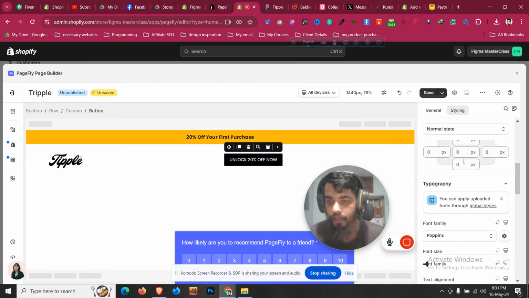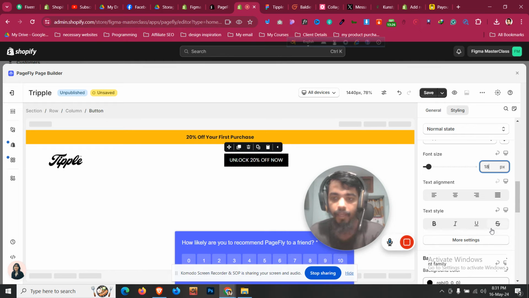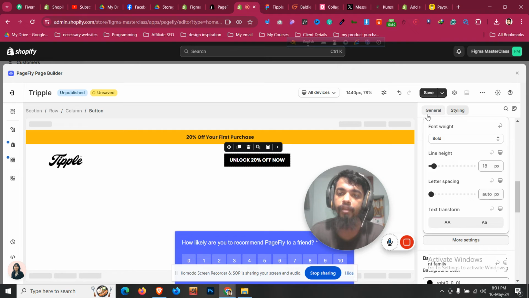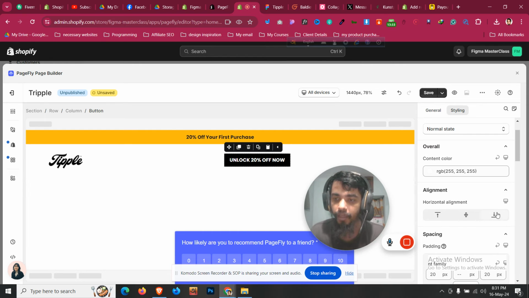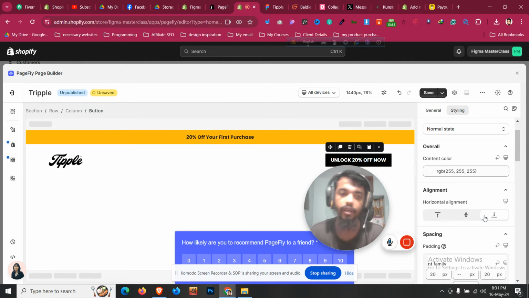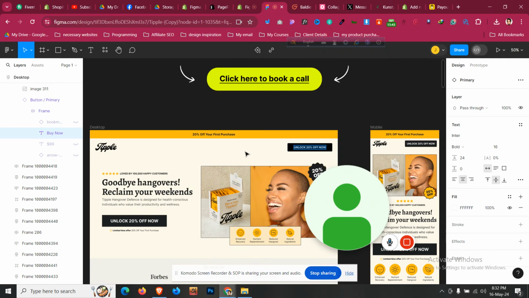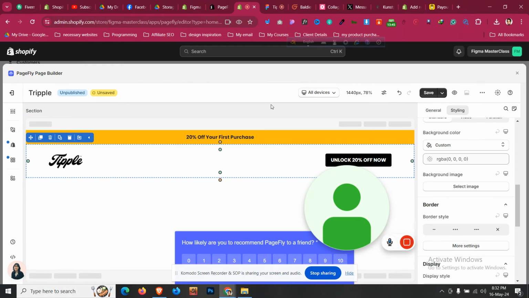So first of all, let's make it 18 pixel, and let's go to more settings like before and make it bold as well. And for the button alignment, we need to make it this one. Okay, so the image, the logo in the left, button in the right, and in between there is nothing available. So if we see how it looks like our design or not, yes,